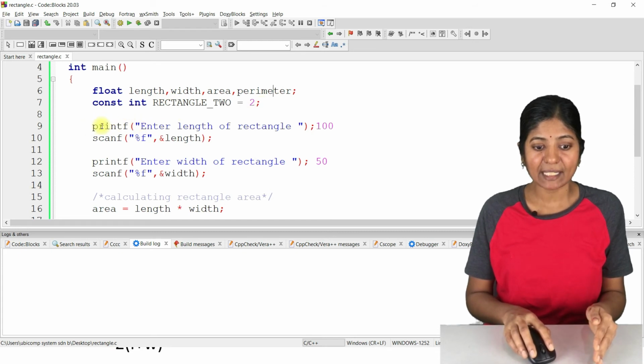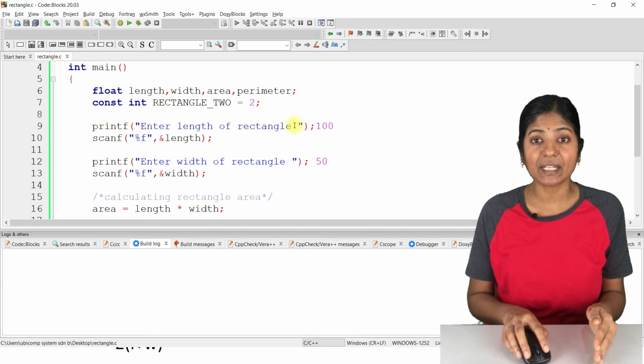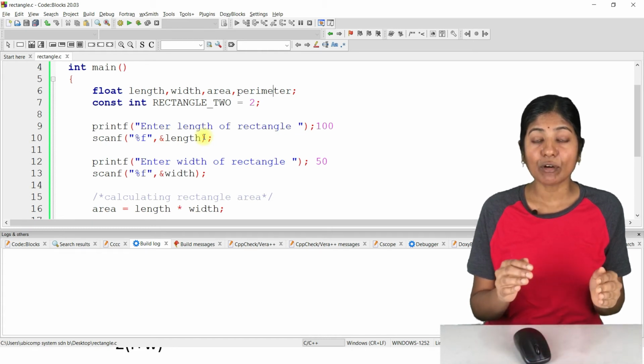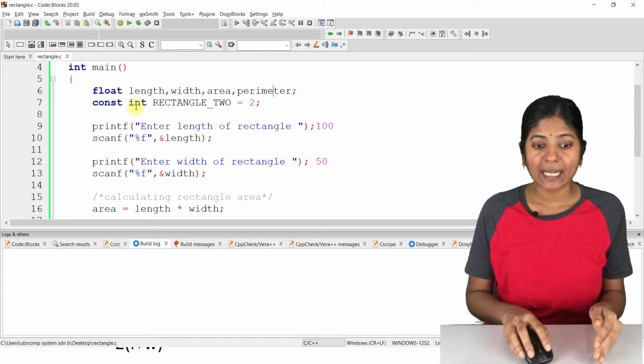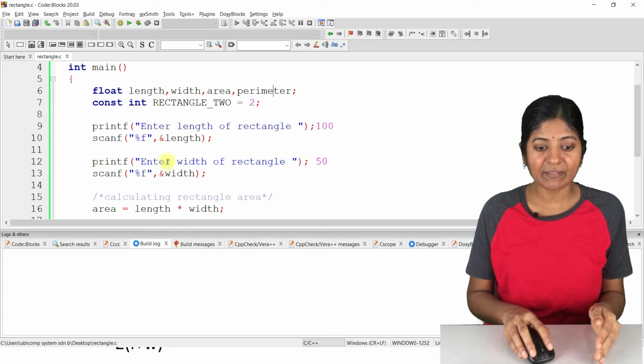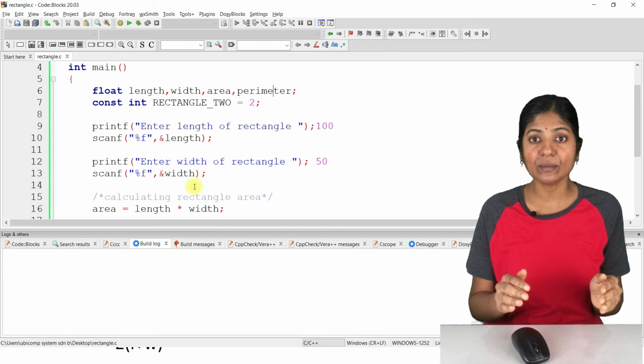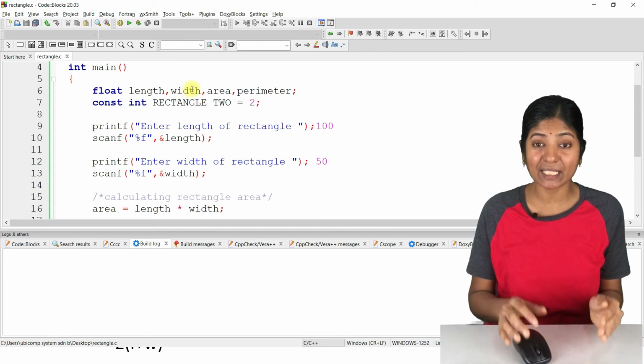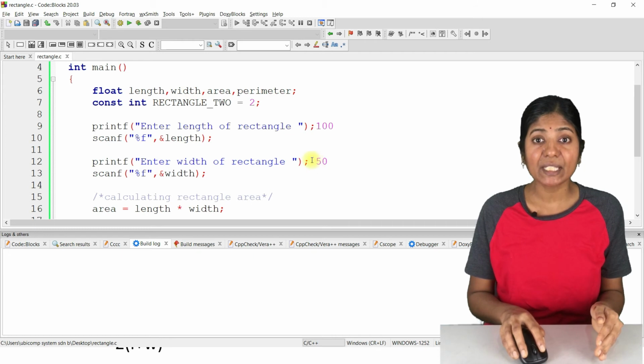that this statement will ask the end user to enter the length of the rectangle. We are reading it and we are storing it onto the memory address allocated for the length. Now the garbage value which is stored at the declaration part in the length variable will be replaced with the user given value. After that, this statement will ask the user to enter the width of the rectangle. Then scanf will read that and it will store it at the memory address allocated for the width. Now the garbage value which is stored at the width variable will be replaced with the user given value which